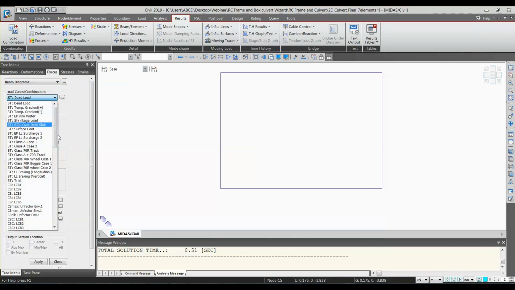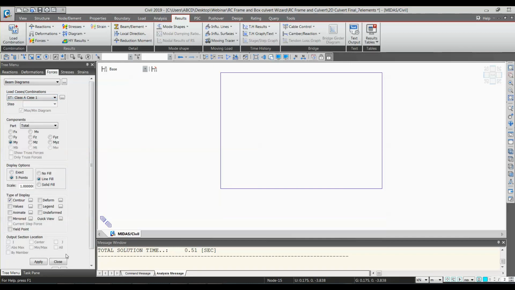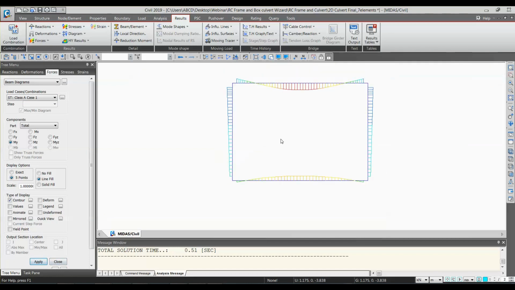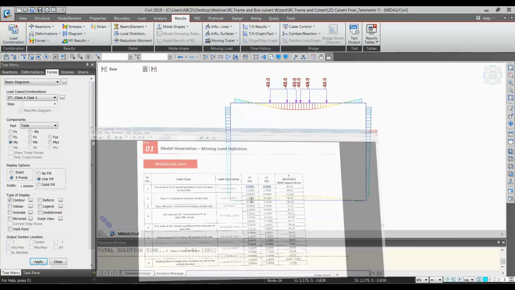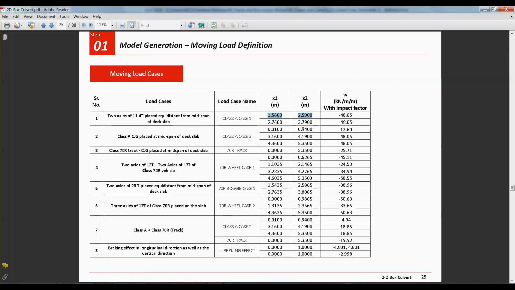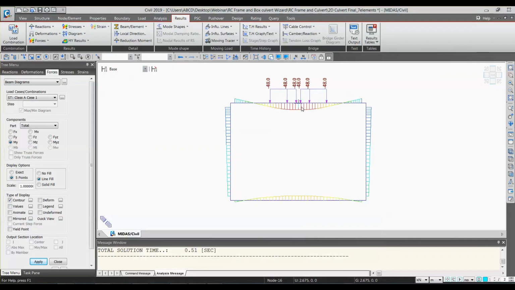Let's say I'll look for the class A case 1. So this is the loading. These are 4 points. This is 1.56, this is 2.59. Then if you see the next load, 2.76 and 3.79. So this is 2.76 and this is 3.79.